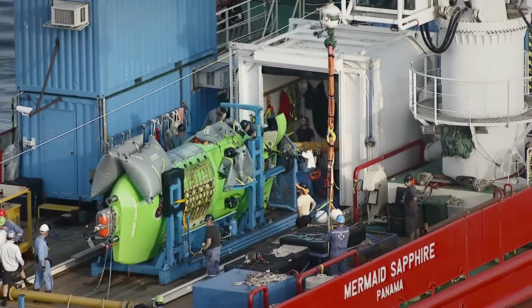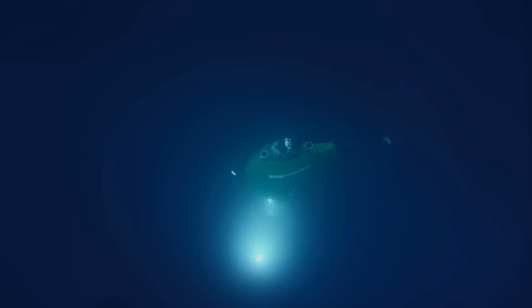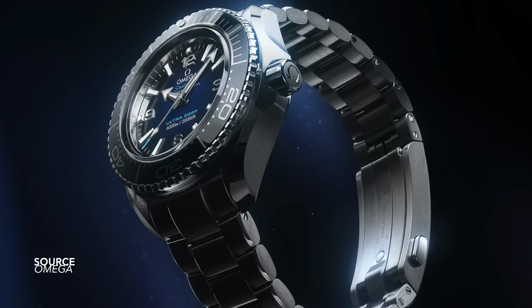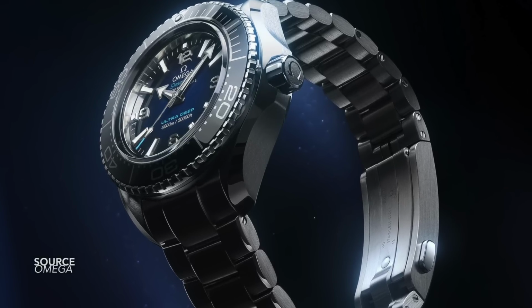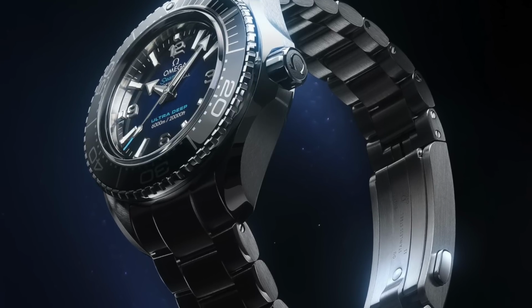This is very believable. But as far as the depth rating goes, this is where I start scratching my head, because we've just seen the launch of the Omega Ultra Deep. This watch is now commercially available, and it's rated at 20,000 feet or 6,000 meters. Now that is insane as it is. Bearing in mind also that the original prototypes that were used, as well as this new model, have been launched